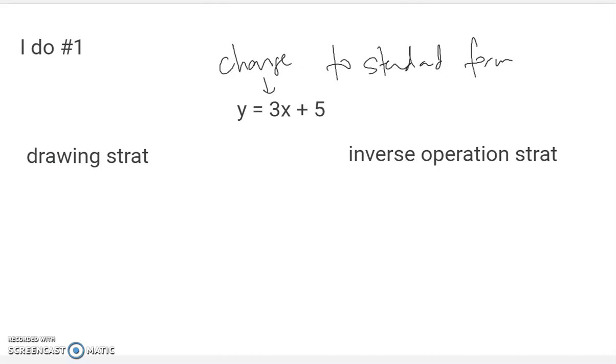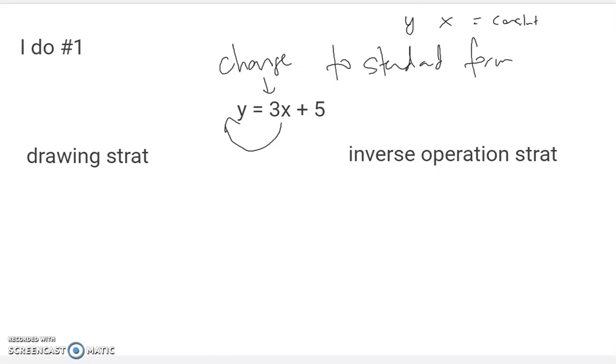It's in slope-intercept form now, and we're going to change it to standard form. Remember, standard form means the y's and the x's are together, and they equal the constant on the other side. So what I'd really like to do is have these x's be over here on the other side of the equal sign. That would be great because then the x's and the y's would be here and the constant would be left